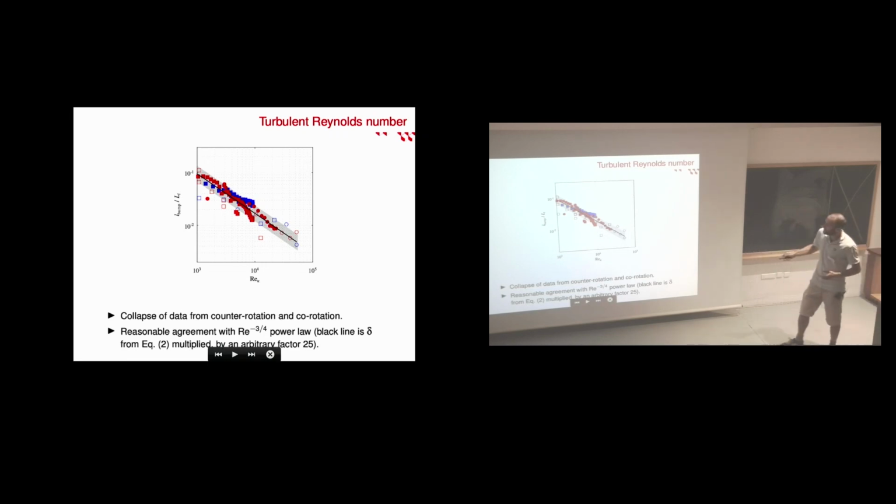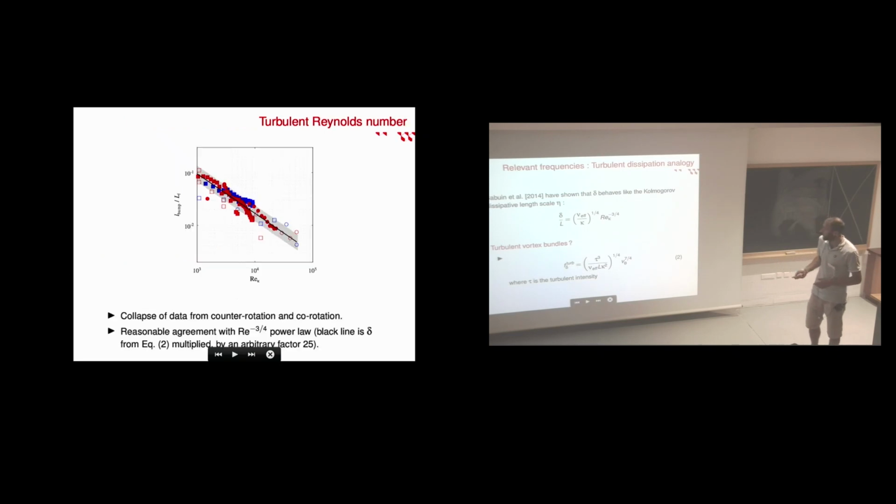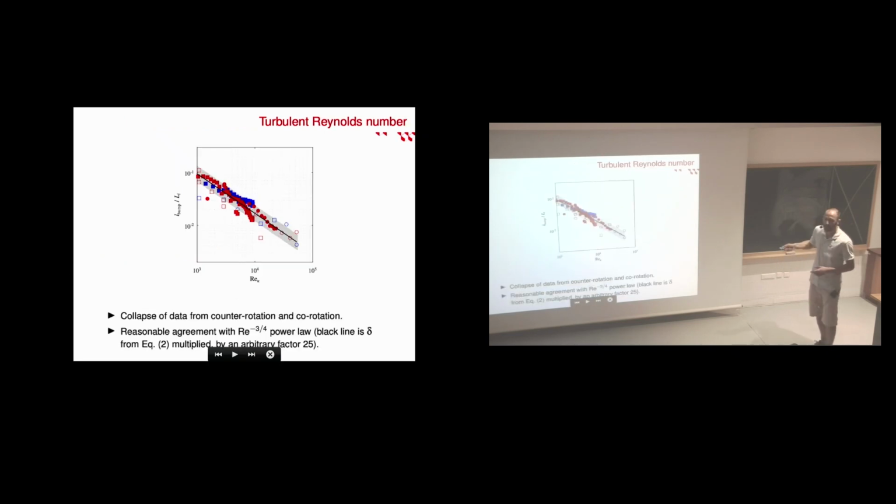So this is encouraging for this line. This black line here is the law that I just showed you here, multiplied by 25. So it looks like 25 times the intervortex distance. That's all I can say with what I have,